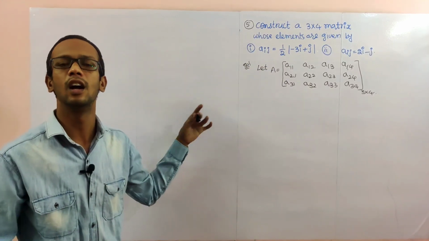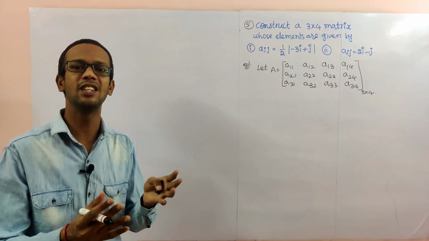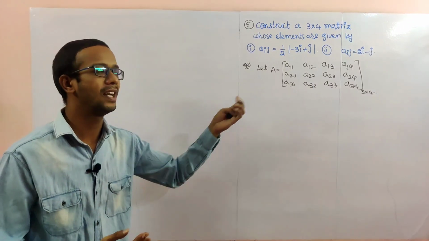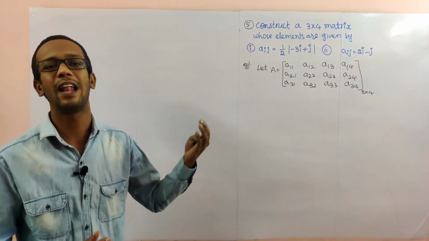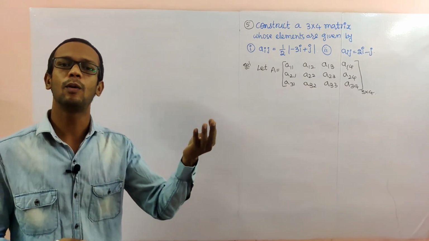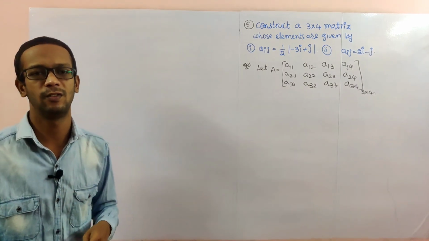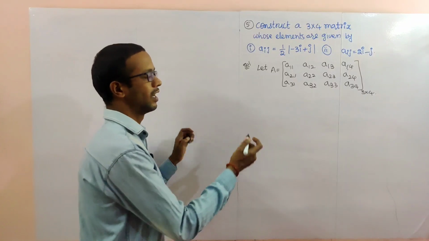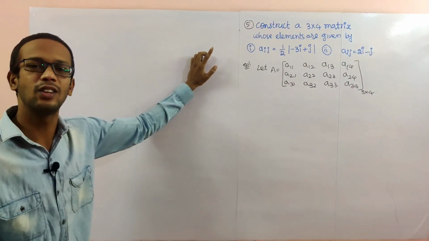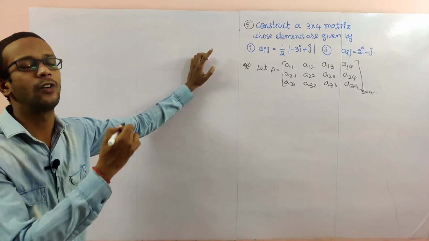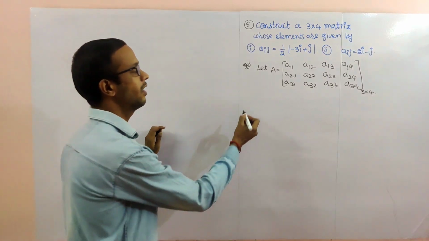Already we discussed this in a 2 by 2 matrix. Just here there are more elements. How many elements will we find here? 3 fours are 12 elements. In the previous problem, 2 twos are 4, so 4 elements we found. So that is the only change, and the condition is also different. We have different conditions. So what do they give here?